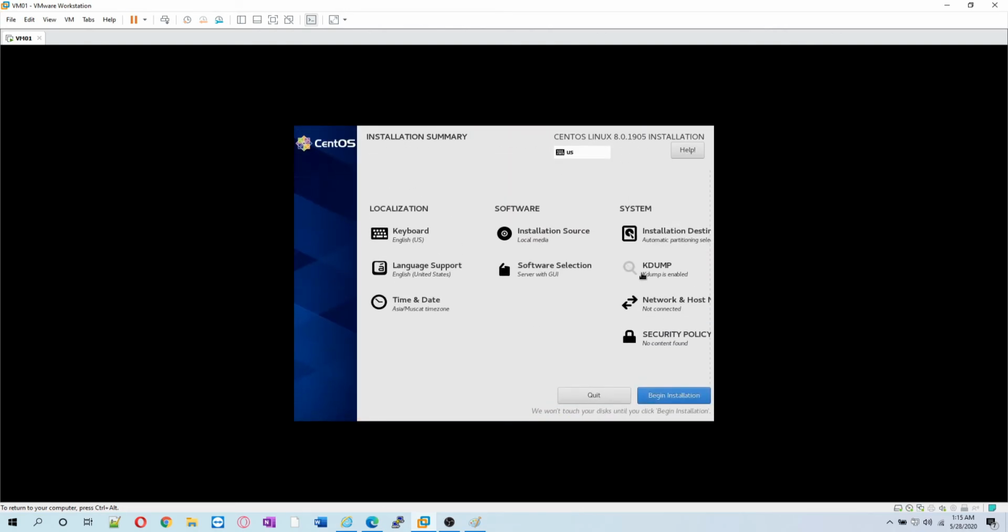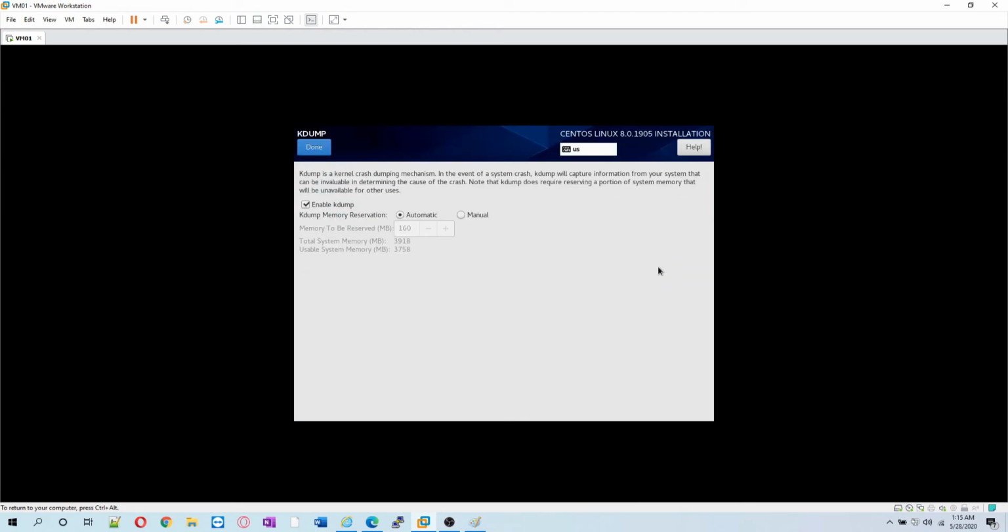Okay, now kdump. Kdump is kernel dump. In case your system fails or shuts down due to some kernel bug or something, it will create a dump of the entire session, and you can view it later to figure out what has gone wrong. So for the sake of this video, we're not enabling the dump, and bear in mind that it would use some amount of RAM from your allocated RAM.